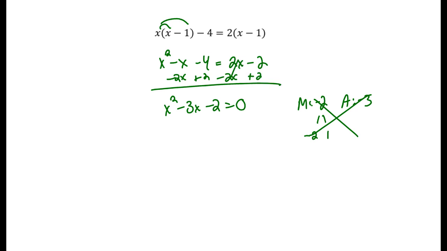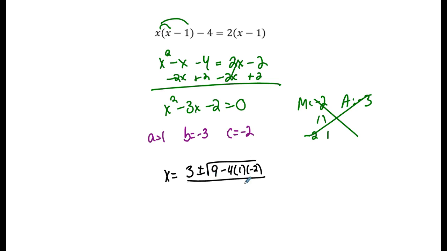So we pull out the handy dandy quadratic formula. Give me an A, 1. Give me a B, negative 3. Give me a C, negative 2. And we plug it in. X equals the opposite of B plus or minus the square root of b squared. Negative 3 times negative 3 is 9. Minus 4 times A times C all over 2 times A, which is 2. And then I come over to my handy dandy calculator and type in the discriminant and get 17. So my solutions, I'll stop now, are x equals 3 plus or minus the square root of 17 all over